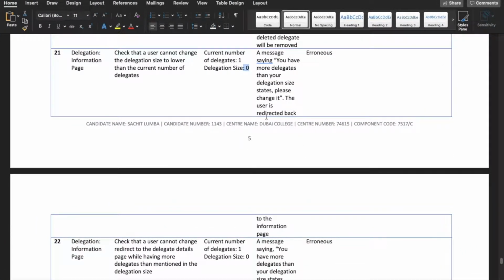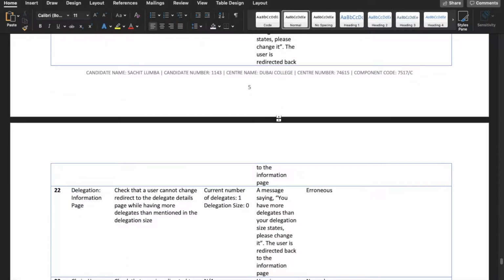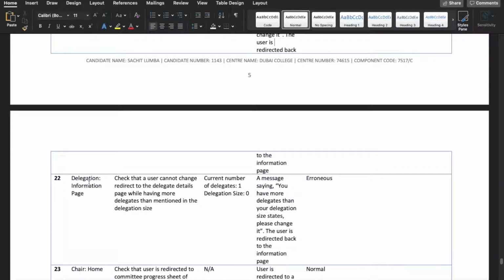The test is passed, and the user is redirected to the information page. However, there's another message about the information being saved, which is incorrect and should not appear. Test number 22